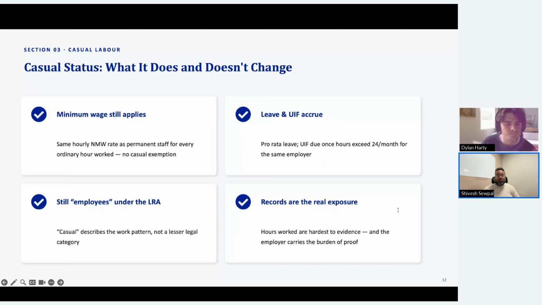So what does casual status not change? First, minimum wage still applies. A casual worker, day laborer, or part-time worker is still entitled to at least the national minimum wage for every ordinary hour worked. There is no casual exemption from the minimum wage. Secondly,